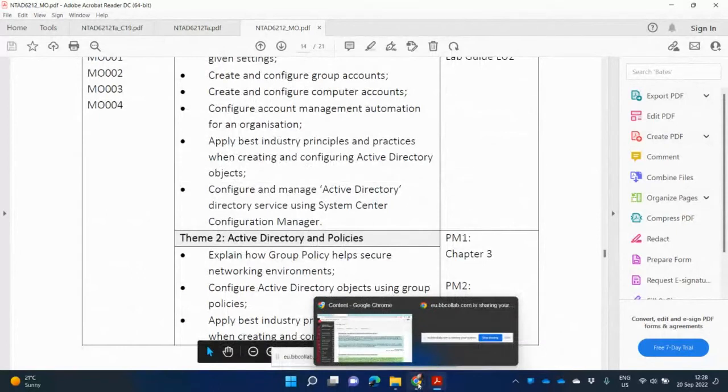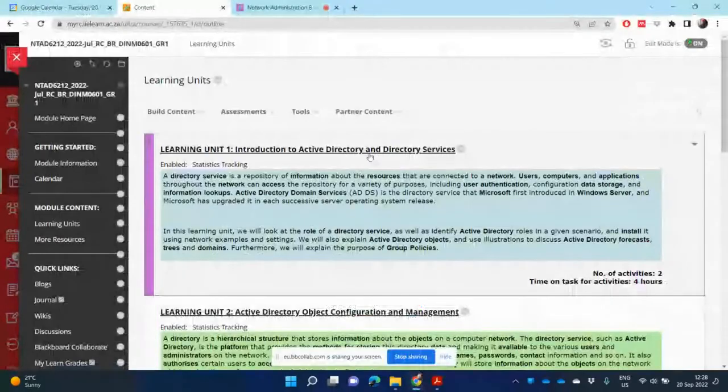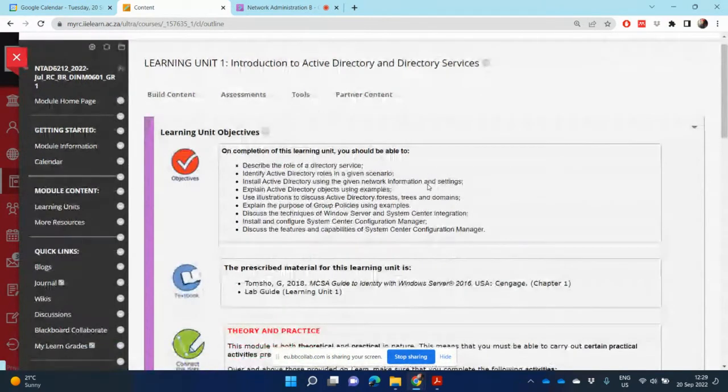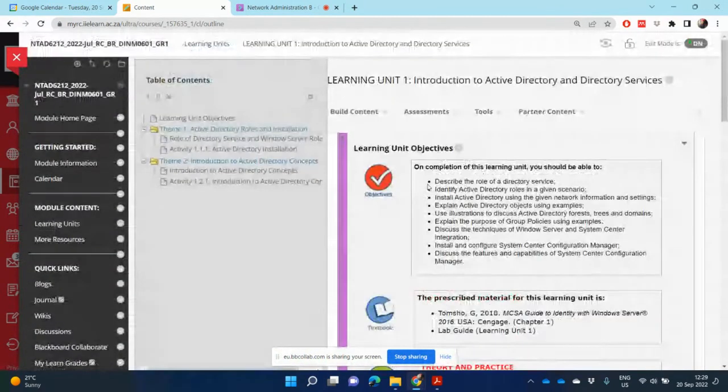Then if I look at RC Learn now, I see, okay, what are the main things that they've highlighted here? Information about resources connected to a network that uses computers, applications, and their network and access. Authentication, data storage, information lookups, Active Directory domain services, Windows Server, Active Directory forest, group policy objects, trees, domains. So if I scroll down into the learning unit and I look at what is the type of content that they have here,